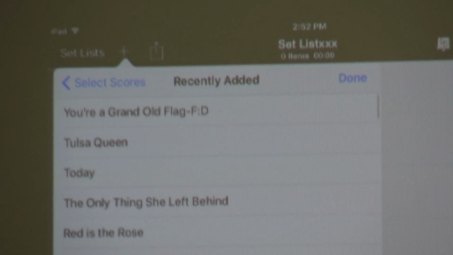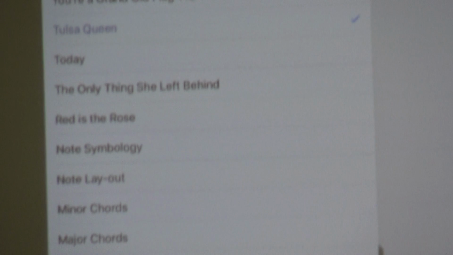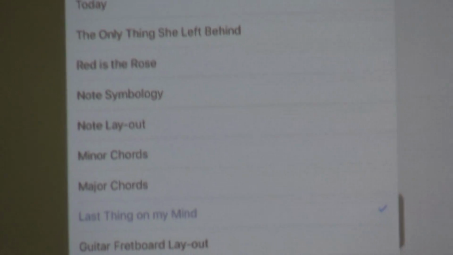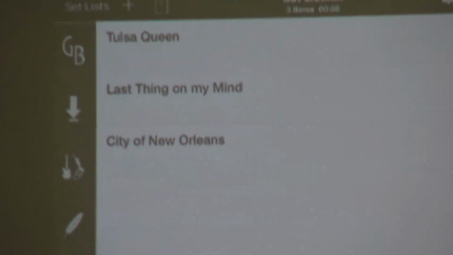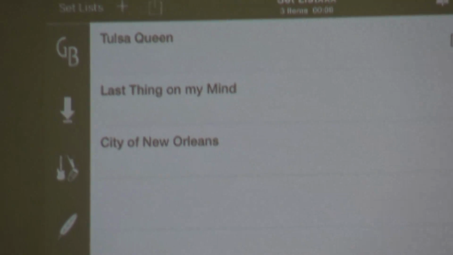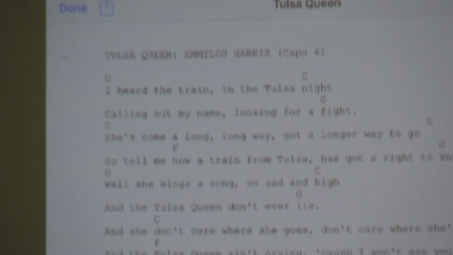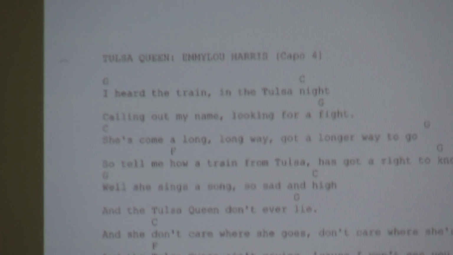Recently added. For example, we'll pick Tulsa Queen first, and then The Last Thing on My Mind, and then City of New Orleans, in sort of reverse alphabetical order. That's the way they show up. So when you're playing a set list in a parade or here or at the other senior center, you pull this stuff up,